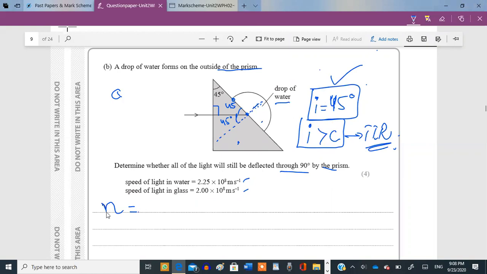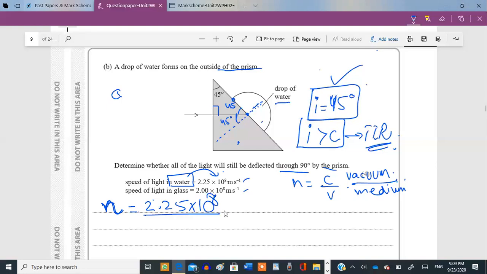To find out the critical angle, we'll need to find out the ratio of refractive indexes. Over here, what we need to put is the larger speed divided by the smaller speed. Generally the formula for refractive index is C upon V, speed of light in vacuum upon speed of light in medium, but over here we don't have vacuum, right? So vacuum means less dense medium, and medium means more dense. So you have to put the less dense medium. Less dense is water as compared to glass, right? So you have to put the water speed in the numerator